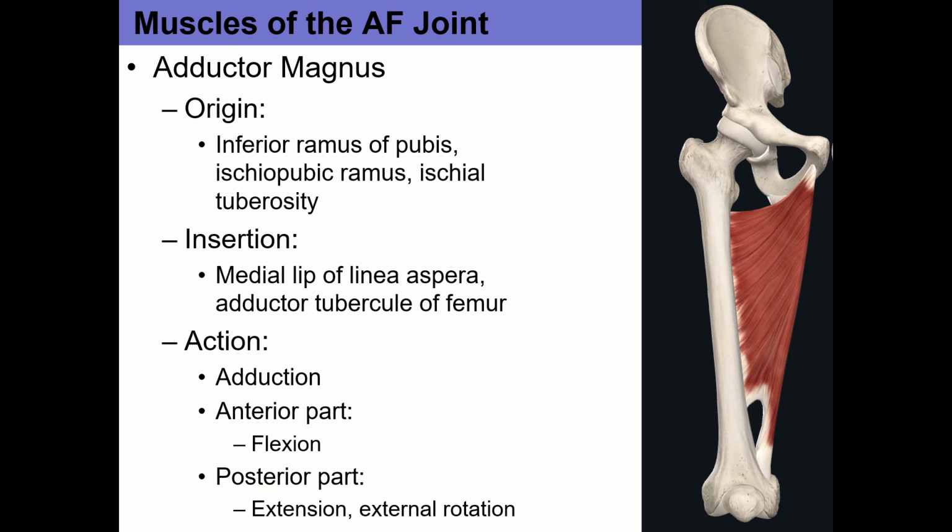The rough line on the posterior aspect, kind of along the midline of the femur. So adductor magnus inserts along the medial lip of the linea aspera, and it runs the entire length, which is here. So this little thing, which you don't need to know, is called the adductor hiatus. And through this goes your femoral